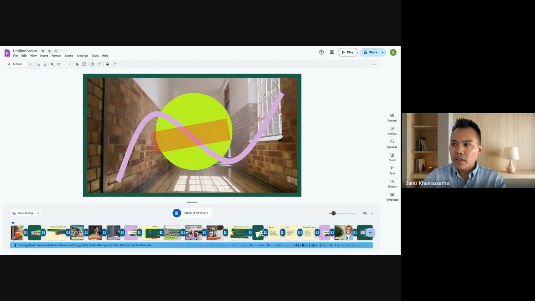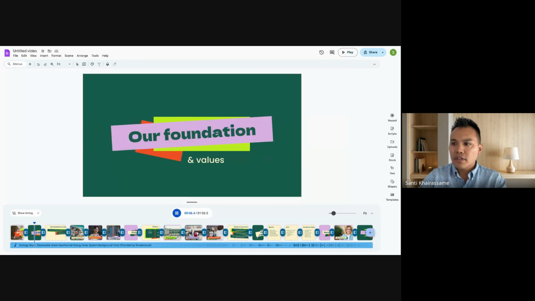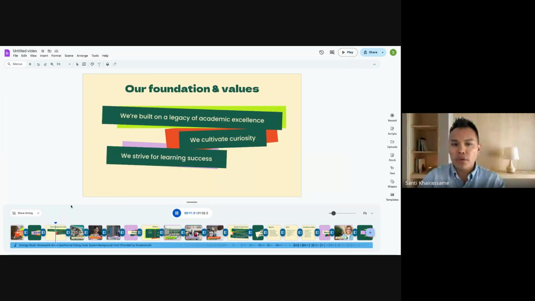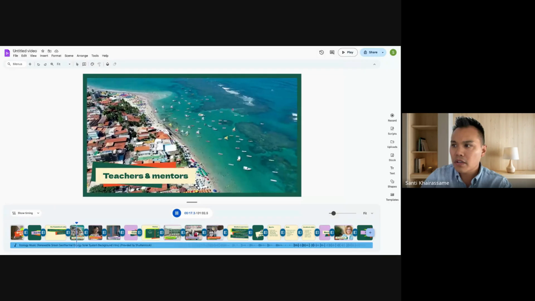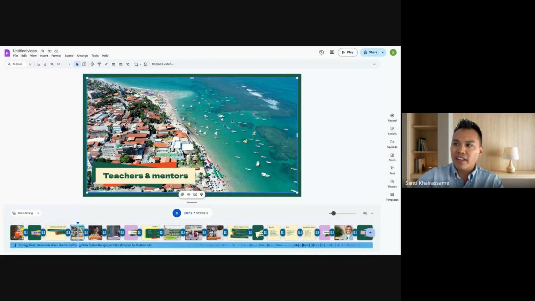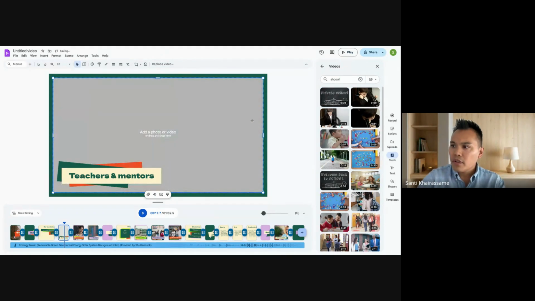If I hit play, music, text, animated text, what have you, okay? Everything you see, you can edit. So if you wanted to use videos and make videos, you can do it in Google Vids. And so, yeah, if this shot of Acapulco is not reflective of your school, you can click on it, click replace video. You have a library of stock images that you can put in here, you know, school, and maybe use this instead.